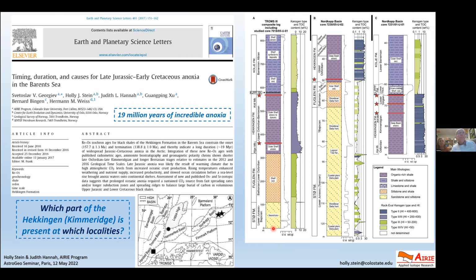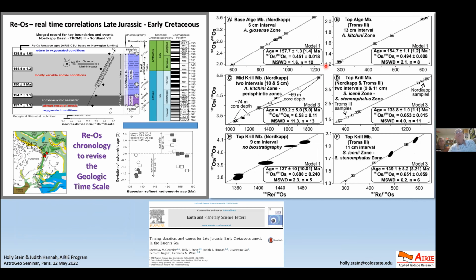Okay. Judy's going to touch a little bit further on this with the Bayesian, but again, we went inside this upper Jurassic. It's called the Kimmeridge in one place. It's called the Jet in others. The Mandal Formation, the Hekkingen Formation. It's very confusing because it has many, many different names depending geographically where you are in the North Sea and Barents Sea. But we went in and dated, worked out ages for intervals of those.